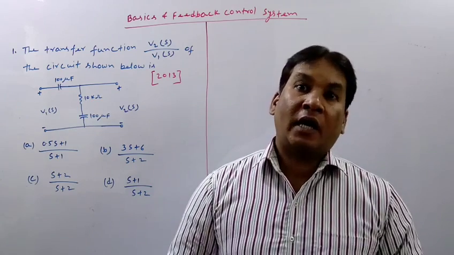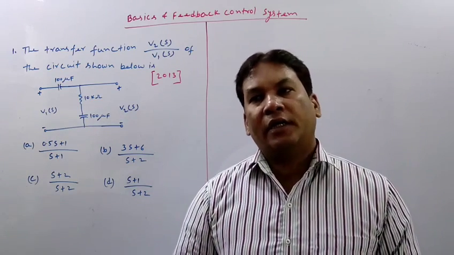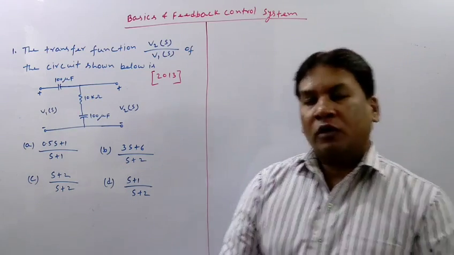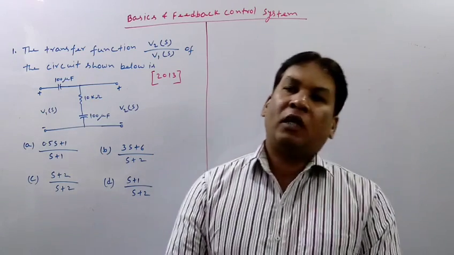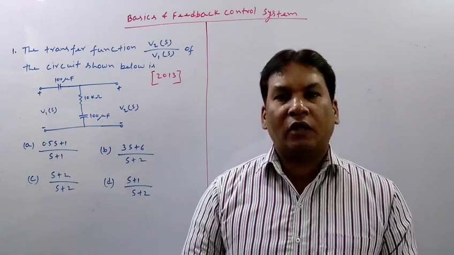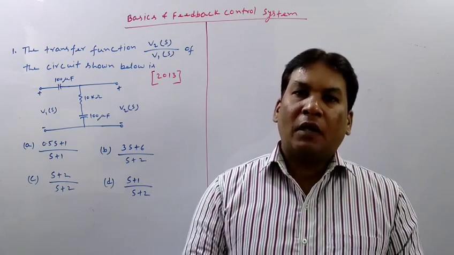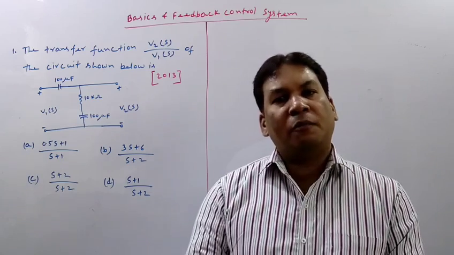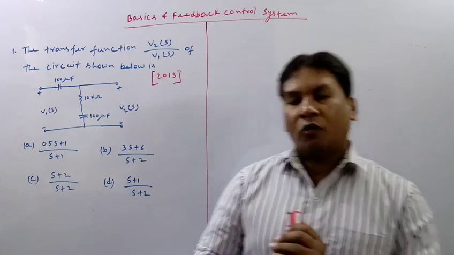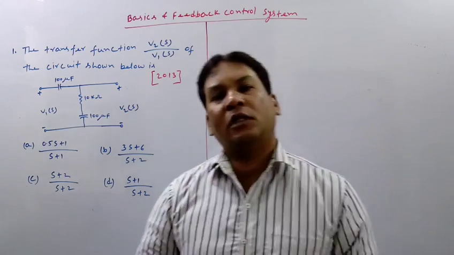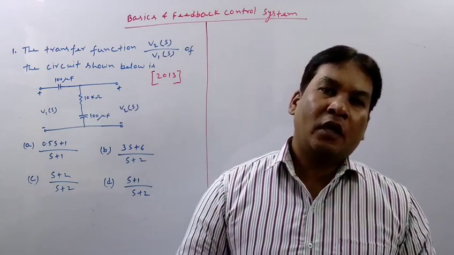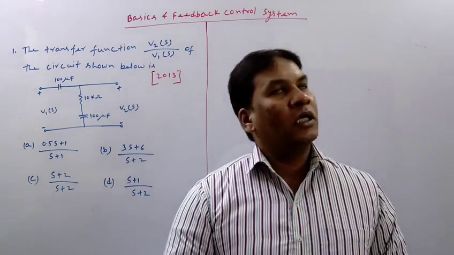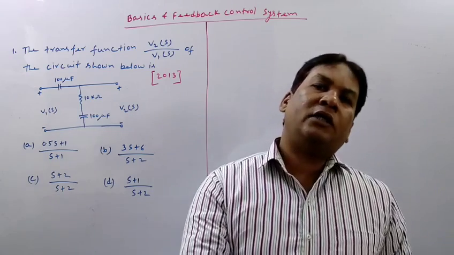Radar tracking is also a multiple output system. So according to the input and output, there are four types of systems: single input, single output; single input, multiple output; multiple input, single output; multiple input, multiple output system. This is the categorization of systems based on input and output. Previously we did categorization of the system based on whether it is man controlled or automatic controlled.